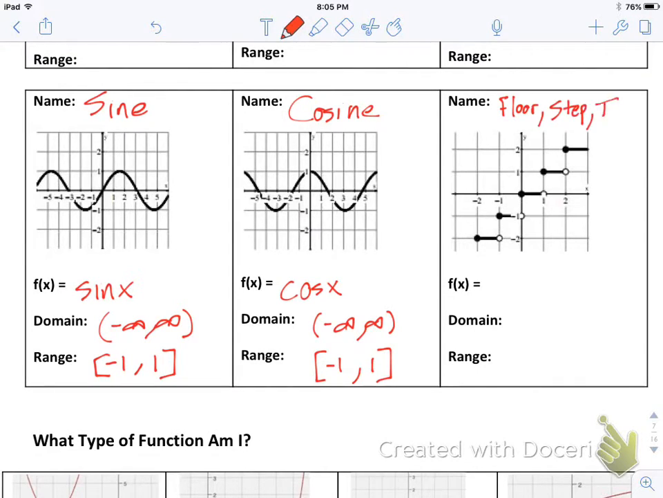There's the floor function, the step or the integer function. All of these are descriptors of this last